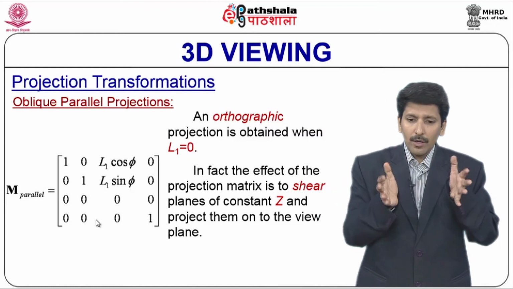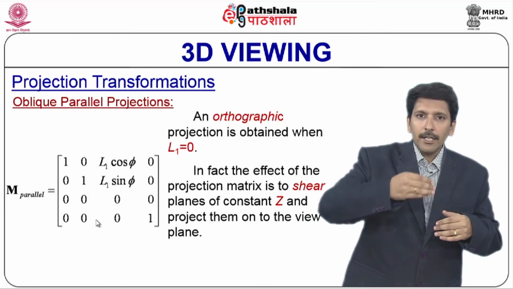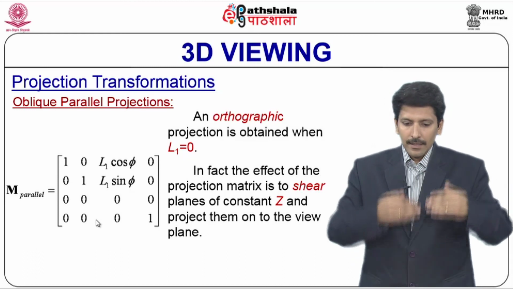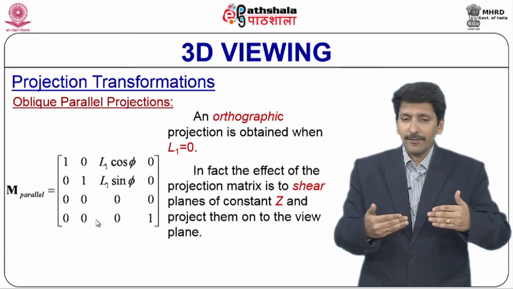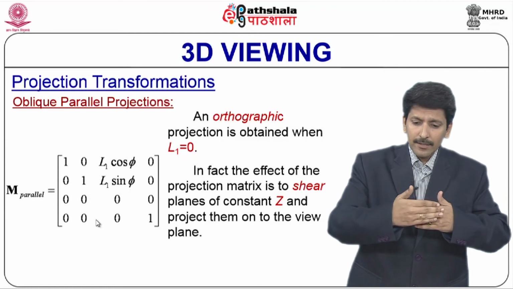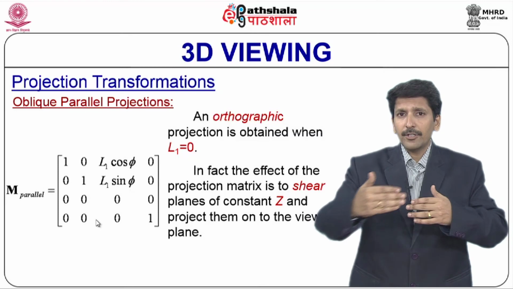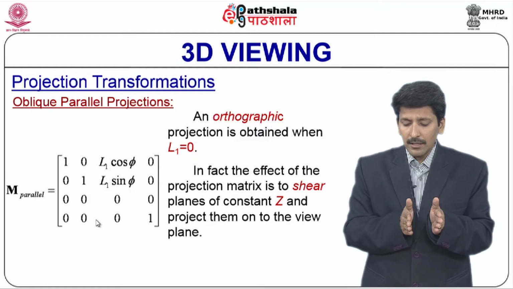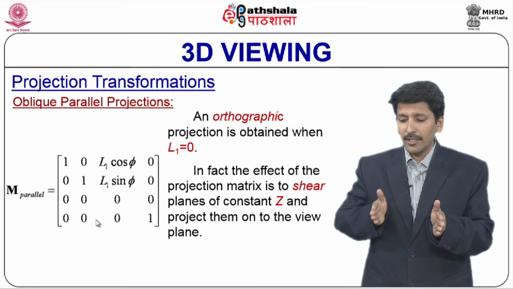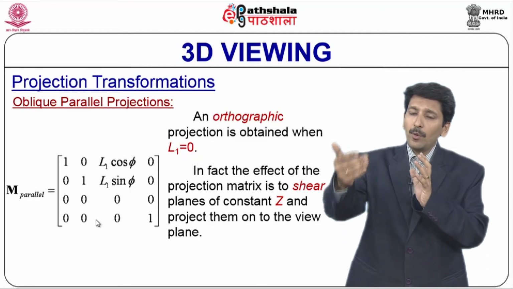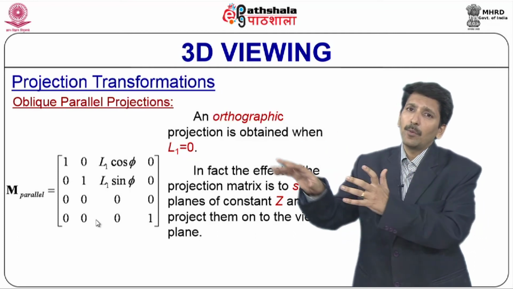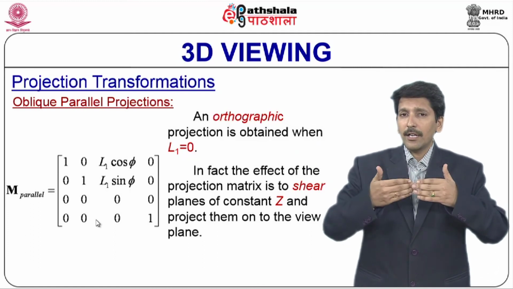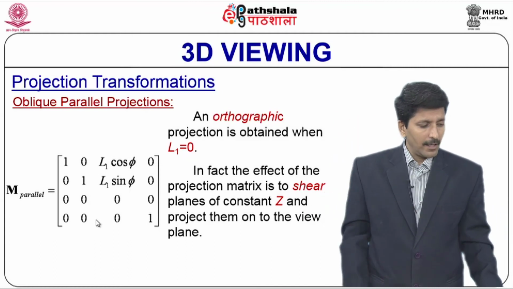but the faces which are farther, at the back of the object, are. If you imagine a cube-like object, slice that into various smaller slices with respect to the xy plane. The first slice will not be sheared, the shear effect is 0. The second slice will be a little sheared, the third slice further sheared, the fourth slice further sheared, and so on. So the backmost planes of the object get sheared the most. That is the shear effect. The front faces do not get sheared, but the backmost faces get the shear.